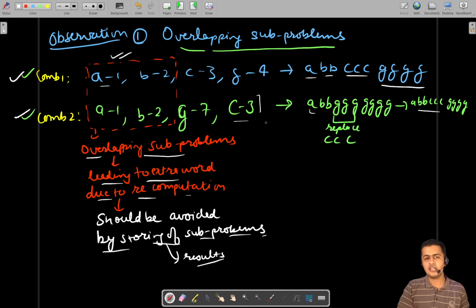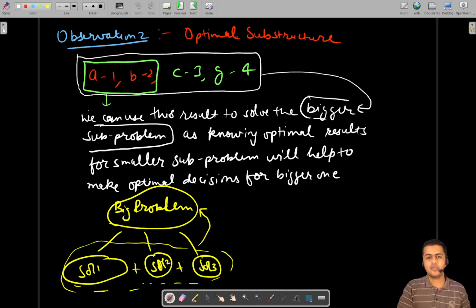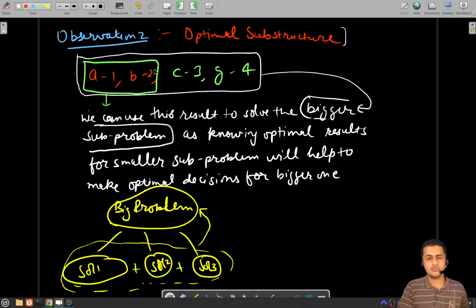So the results are nothing but the minimum turns needed for solving this particular subproblem. And the second observation is optimal substructure. So what is this property? You can see that if you know the optimal number of turns needed,